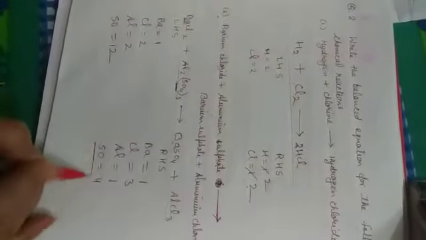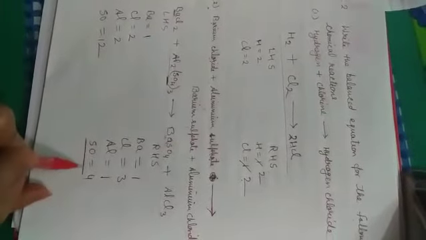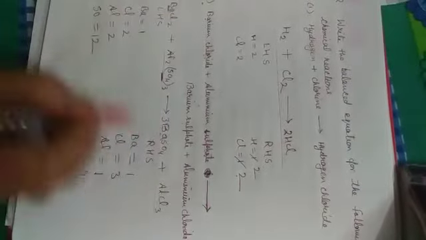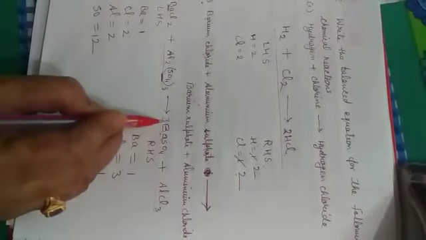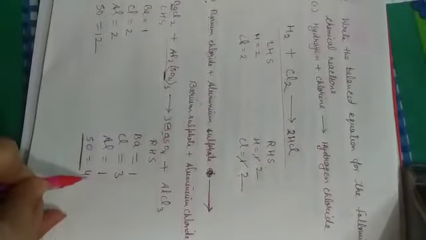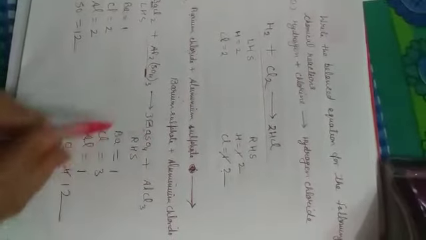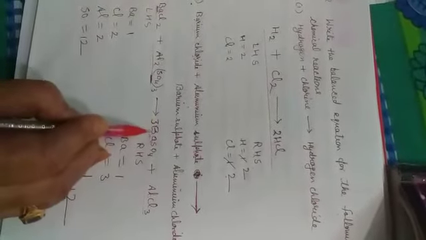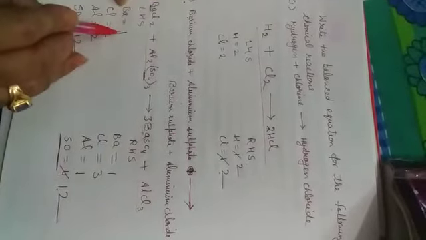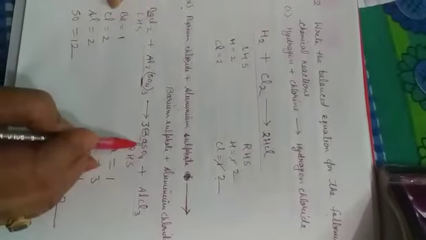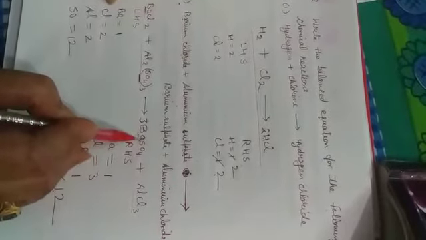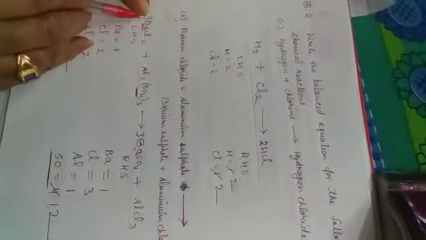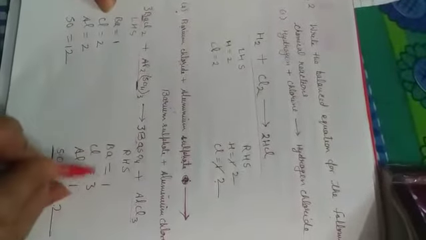First we have to balance sulfate. If we want to balance sulfate, so if we multiply by 3 here, we'll get sulfate 12. 4 3s are 12. So sulfates are balanced, but while balancing sulfate, barium atom is disturbed. Here barium atom is 1 and here barium now 3. If we want to balance barium, if we put 3 here and multiply by 3, so barium is again balanced.